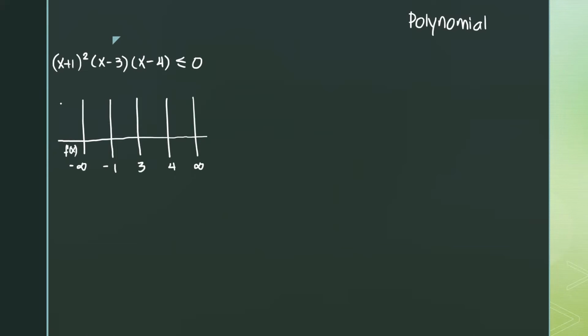sign on the right side. And then in here, I'll write the factors, x plus 1 squared, x minus 3, and x minus 4. Now guys, what will zero out with when I have -1? It's x plus 1 squared. What about 3? X minus 3, very good. What about 4? Of course, x minus 4.